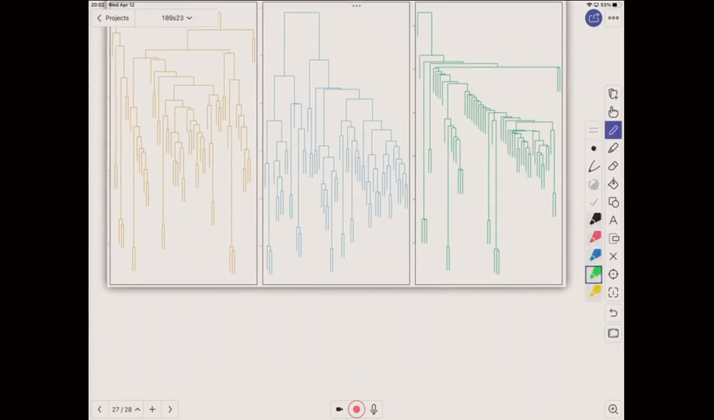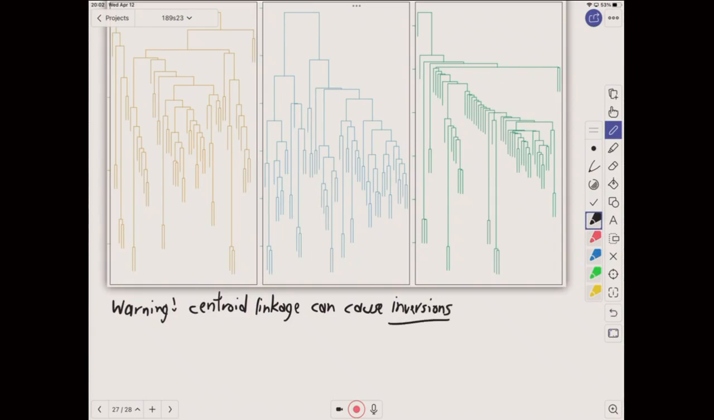One other thing you might want to be aware of is that the centroid linkage, which I'm not showing you here, can cause inversions where you don't get this nice looking structure because sometimes a parent cluster is fused at a